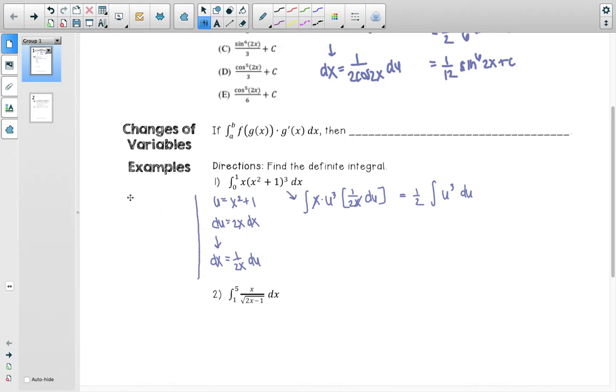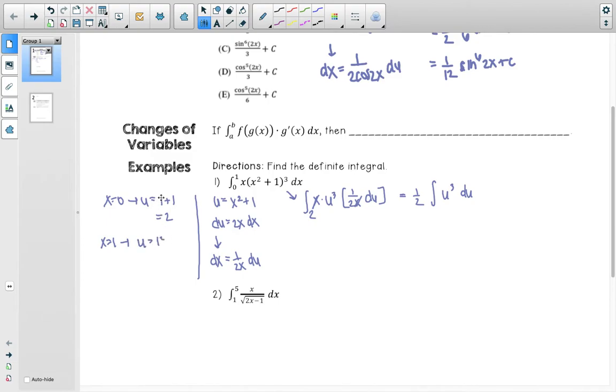So you got to kind of change the restraints or the constraints, whatever you want to say. Okay, so what you're going to do is say, okay, the lowest value I have is 0. If I plug it into u right here, what do I get? Well, 1 squared is 1 plus 1, so that equals 2. So now I'm going to put 2 on the bottom, basically because you're deriving with respect to u, and we haven't changed back to x. And then you have x equals 1. If you plug that into the u, you get 1 squared